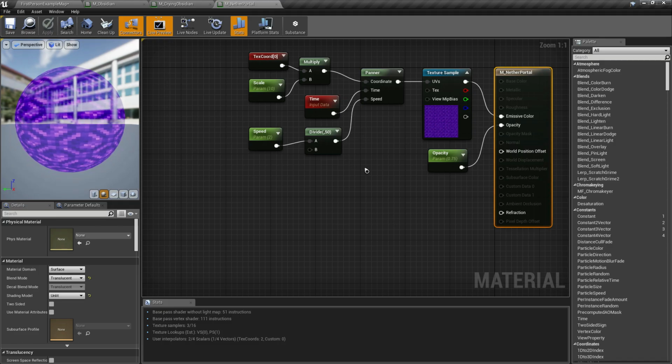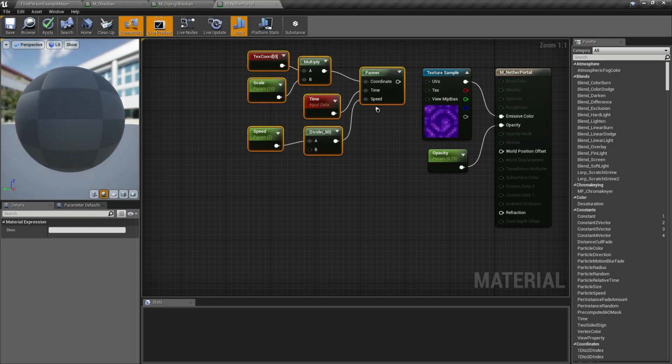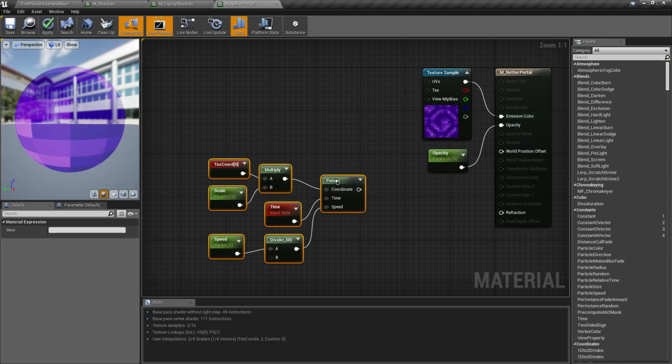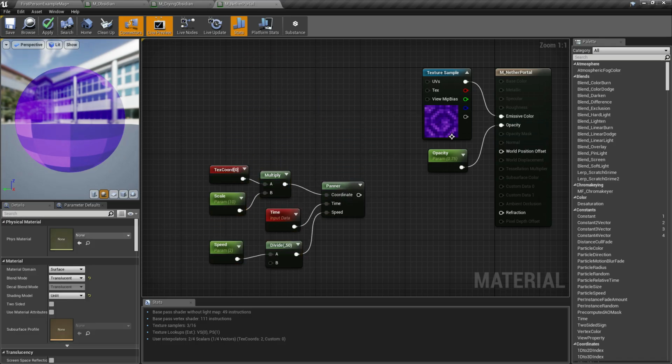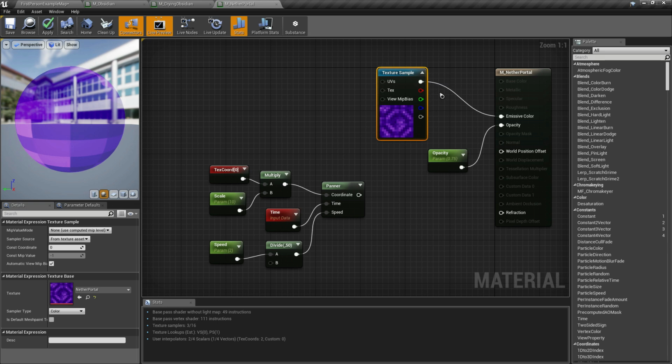So what we're going to do is we're going to disconnect the panner on our texture sample. As you can see, the texture sample is using the UV connector, which is not part of the texture object. So we're going to convert our texture sample into texture object, just as we did on our previous two materials.